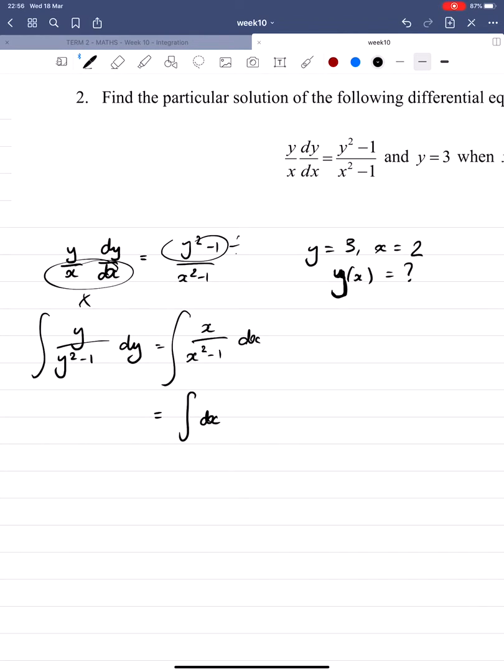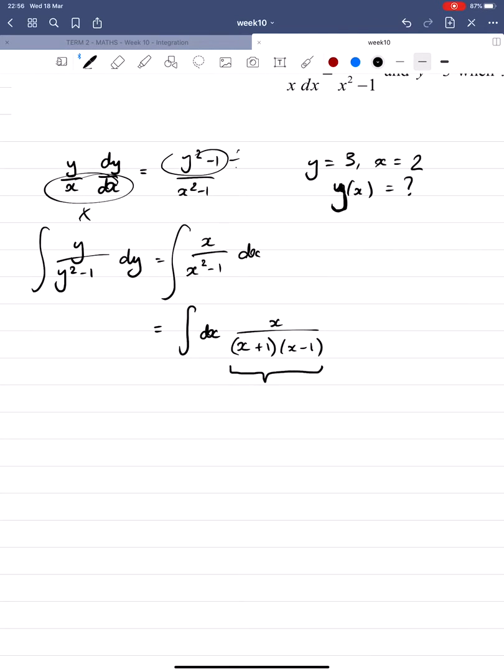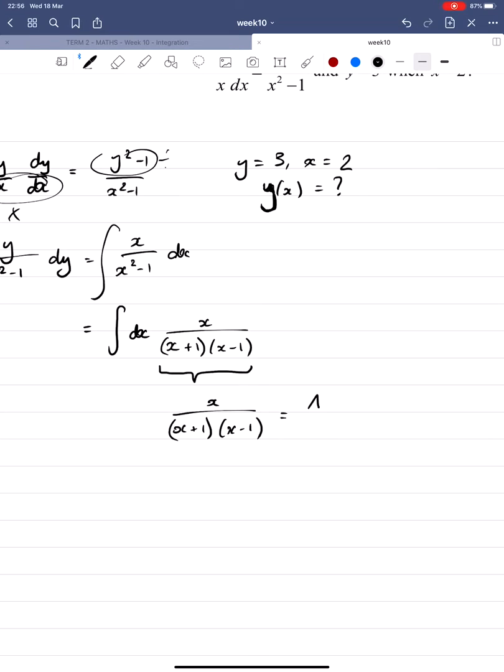I'm going to change that x squared minus 1 into something else. X squared minus 1, I know can be written as x plus 1, x minus 1. And this I can use partial fractions. So let's look at this bit. We have x plus 1, x minus 1, x is going to be equal to a on x plus 1 plus b on x minus 1. So that means I need a plus b to be equal to